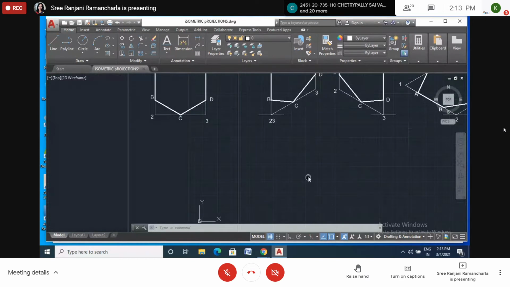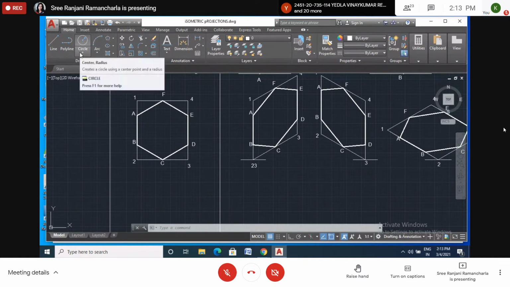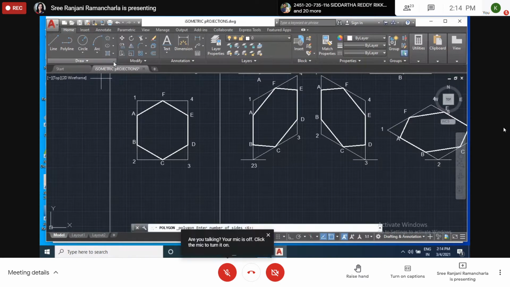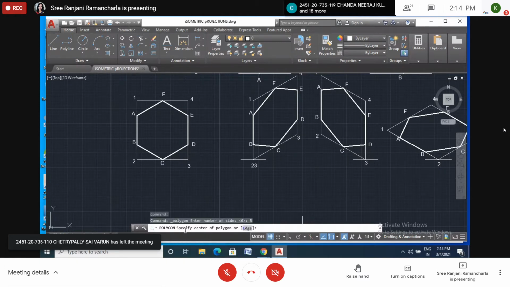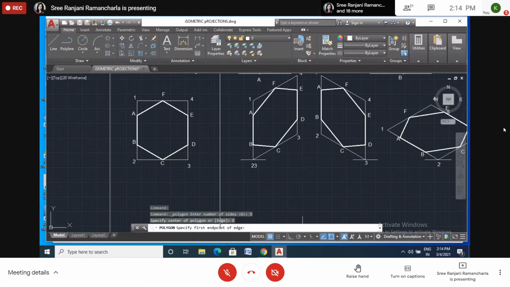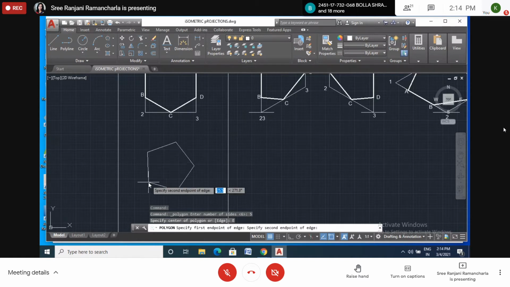So like that we can construct any type of shape. If you want, you can construct a pentagon also. So I will show the pentagon. You construct it later. So take polygon. Here the number 6 is there, so I'll change it to 5. Enter. Then center, I don't want a center. I will take edge. Now here I can take any edge. So I want to take the edge as 20. Okay. So just type 20.